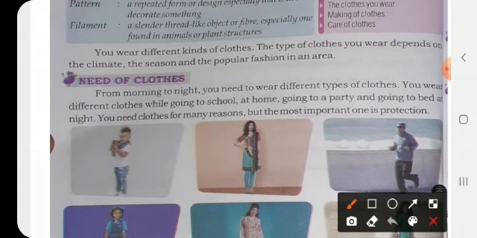Now, do you know what is the need of clothes? Why do we wear clothes? We wear a lot of different types of clothes. We wear clothes while going to school, when we are at home, while we are going to a party, going to bed at night, and for many other reasons like